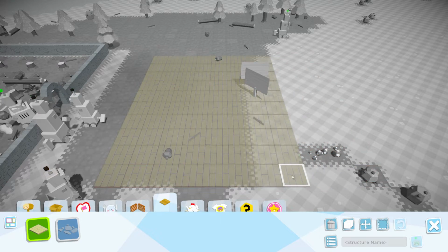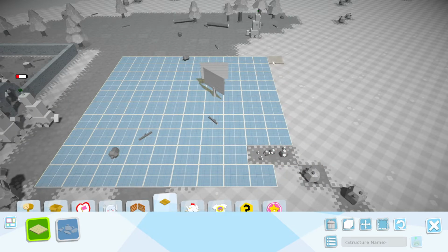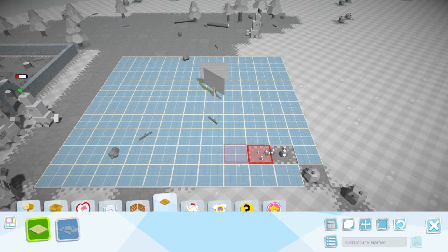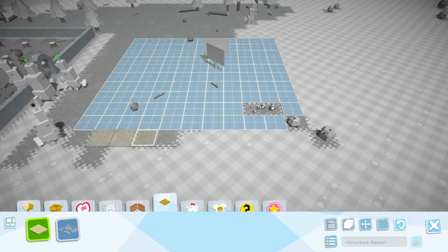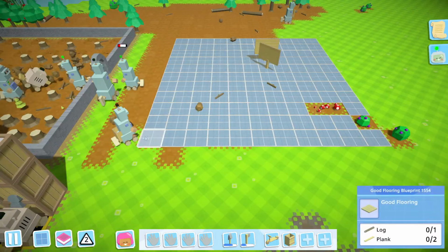It'll go that far. The mushrooms get in the way. No, no, no, no, no. Yeah, why not? Okay, so...